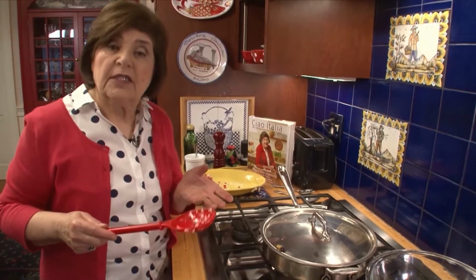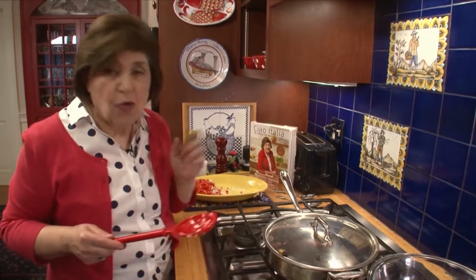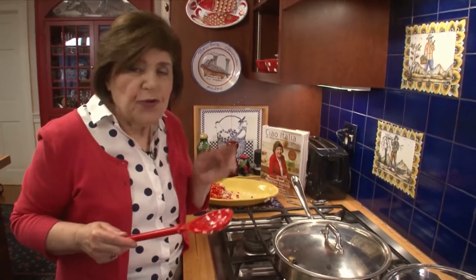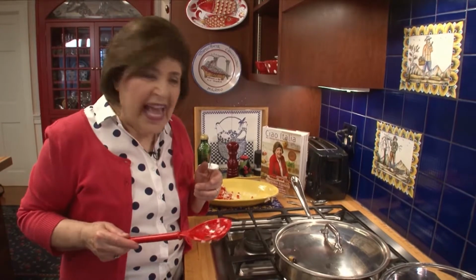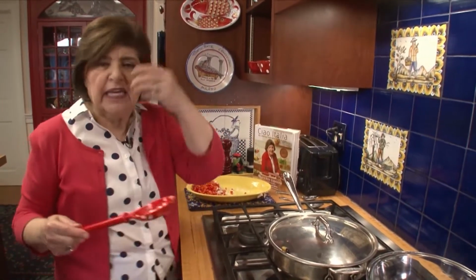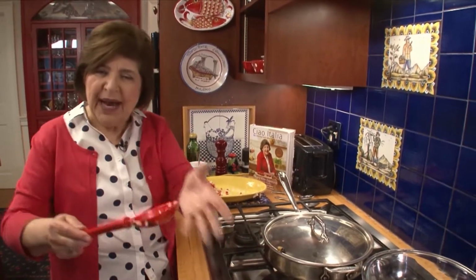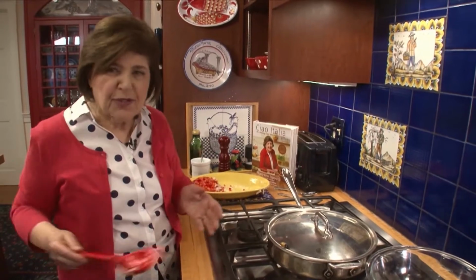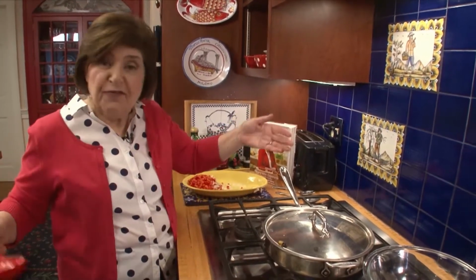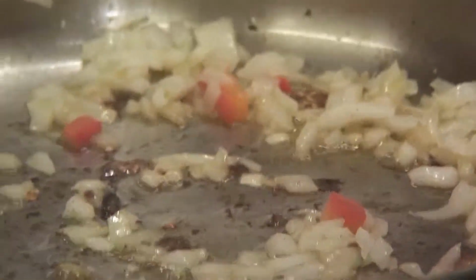So if you go to Sicily today, you really want to visit the outdoor markets like the Ballarò or the Capo, two great markets near Palermo. And you will see everything out in big bins. All of the spices are out. They're talking in Sicilian dialect. They're sing-songing, wanting you to come by and buy things from them. There'll be capers, there'll be spices, there'll be swordfish. There'll be everything you could possibly think of that the Sicilians grow. Tomatoes, eggplants, all of that having come from foreign influence. So here we are,